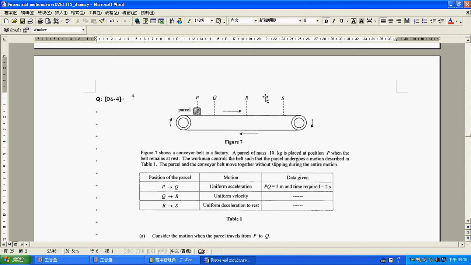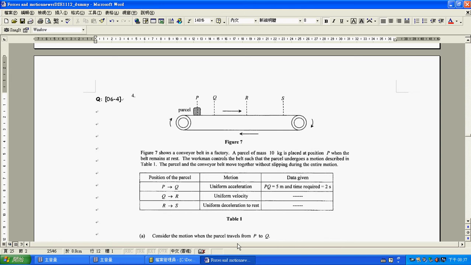Let's work out the conventional question at the top of the set. Now this is an HKC question from 2006, number 4. So here we've got a parcel on a conveyor belt, and at P the belt is at rest, and then after switch on from P to Q, it moves with uniform acceleration for 5 meters, and the required time is